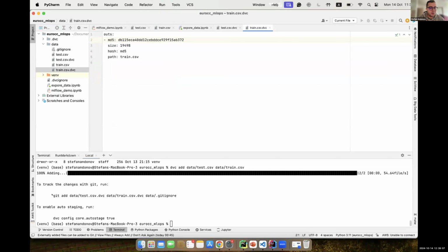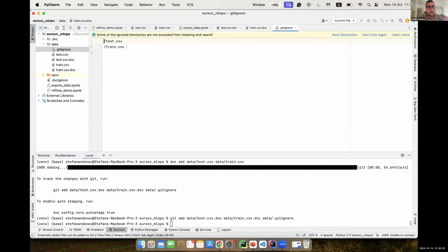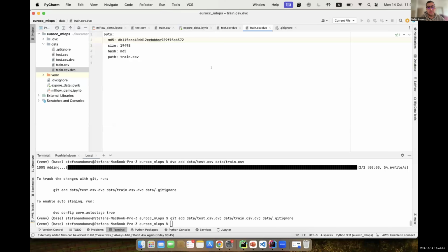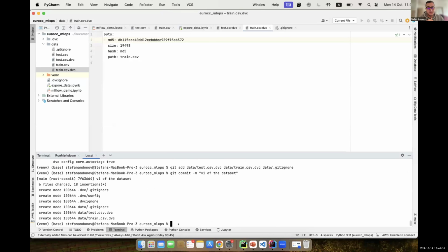Automatically, when doing the dvc add, you get a suggestion what you need to do in terms of Git, because this is, as I said, helping Git perform version control of the data. In .gitignore over here, the test CSV and the train CSV files have been added automatically. Why is this happening? Because as I said in the slides deck, DVC helps us with large files, regardless of the size, but it will help us not to push all the files on Git, because it's very tricky to work with large files. You need to enable LFS for that, to push them on Git. So this will allow us to keep maybe the dataset in another repository, but in the Git repository, we will just have this metadata for the files. I'm also going to do a commit now, git commit -m "version 1 of the dataset", something like this. Okay,